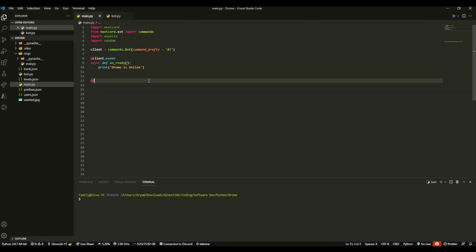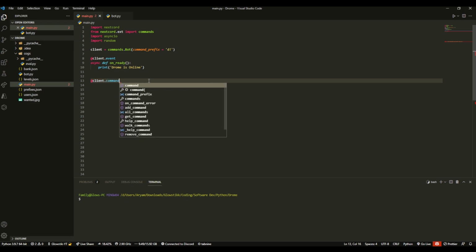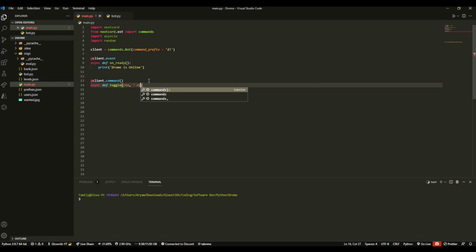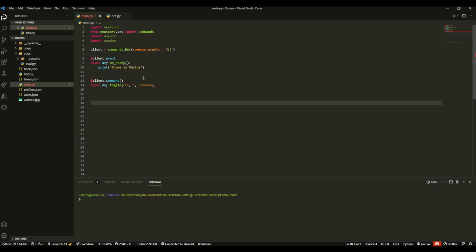Thanks to Tab9 for sponsoring today's video. The command is going to be called toggle. So we can do client.command and then async def, and we're just going to call the command toggle. And then we're going to have to pass in, I guess, another argument here, which is going to be called